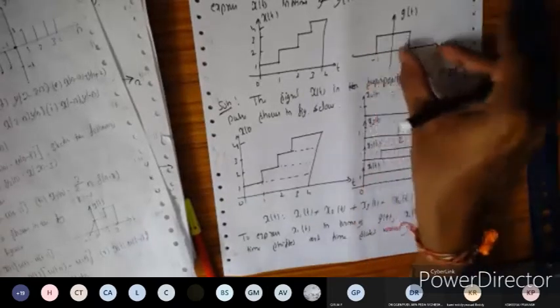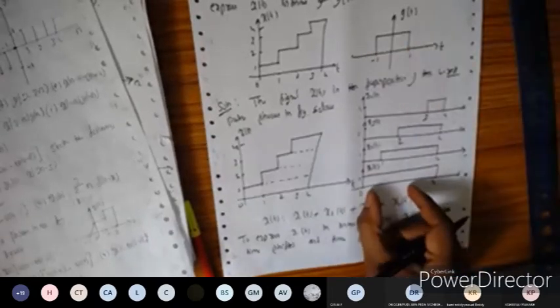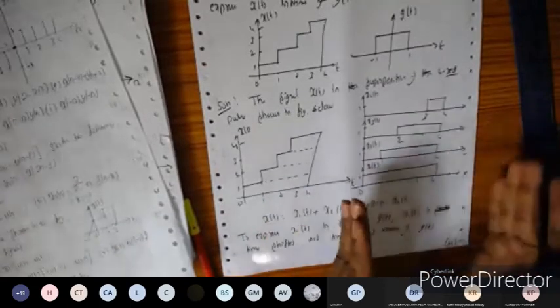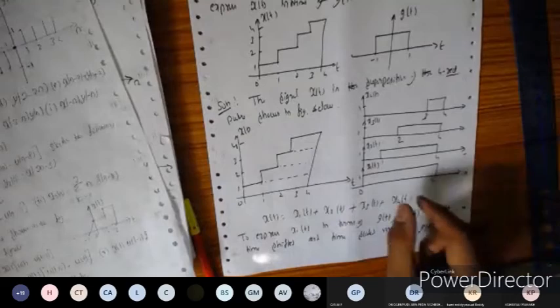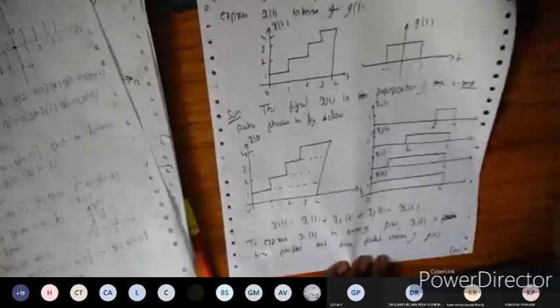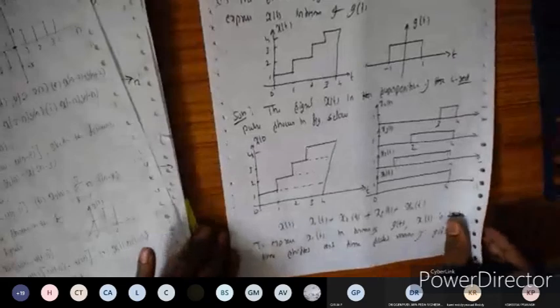So what we need to do is shift the signal towards the right side of the time axis. Afterwards, we need to expand the signal here. So we need to perform the time shifting and scaling operation here. Okay, as per the time shifting concept, everyone has taken this, right? As per the time shifting concept you have done here.